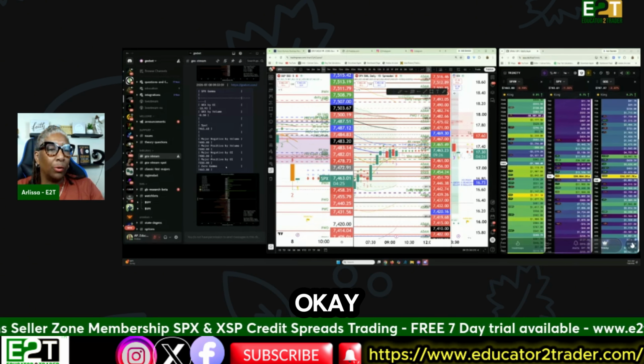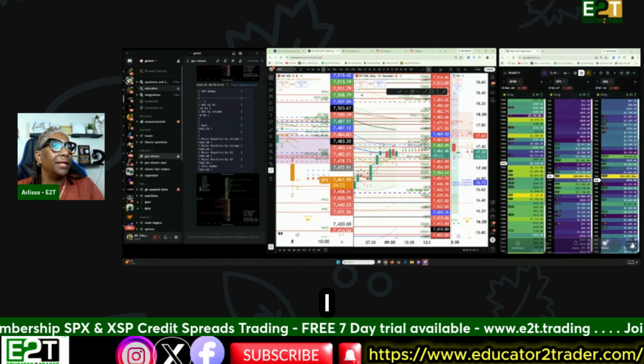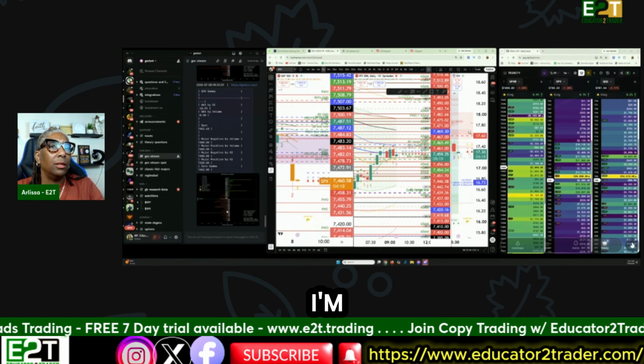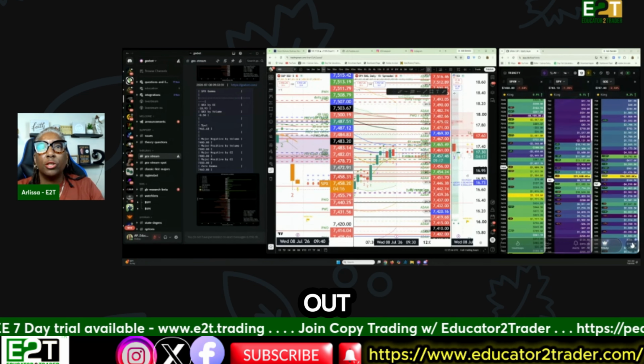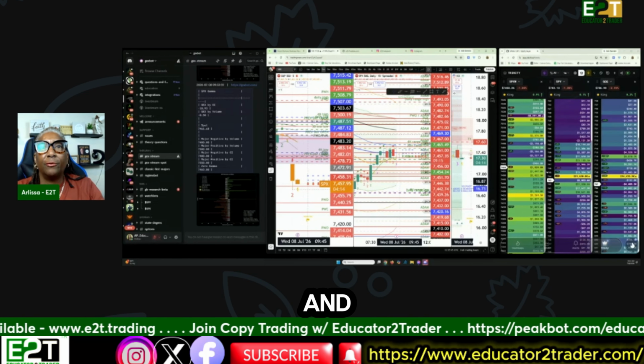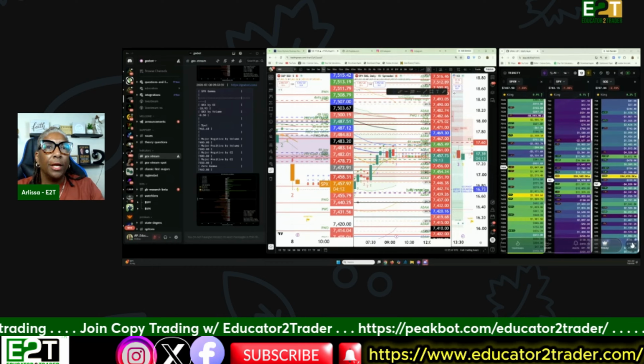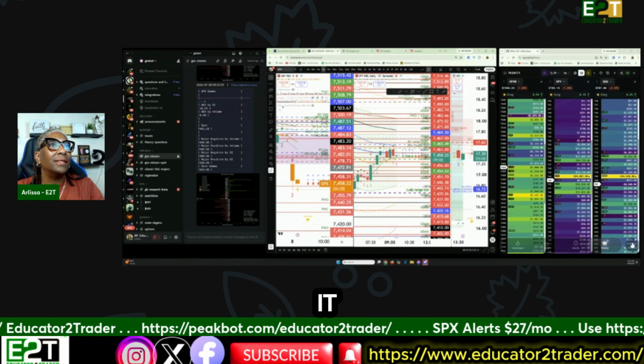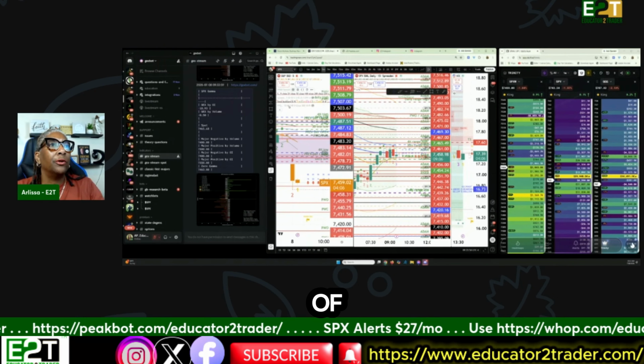Okay. This is my setup that I look at each day. I'm looking at gamma. I'm looking at my charts and checking out the VIX and SPX, and I'm able to see SPY and triple Q. You can't see it here, but there's an overlay. You may not be able to see it. There's an overlay here of